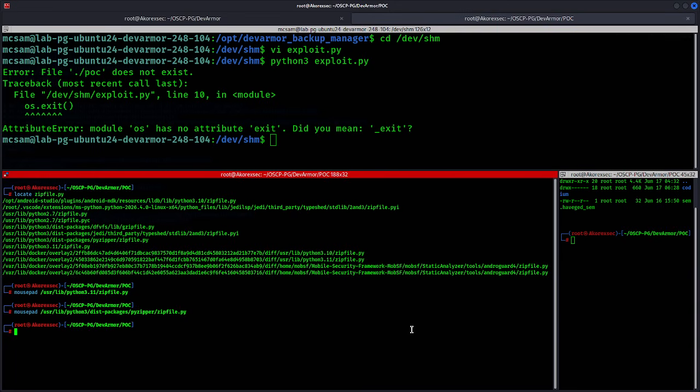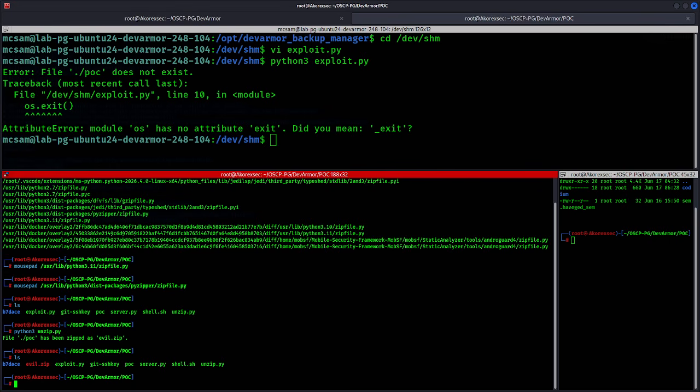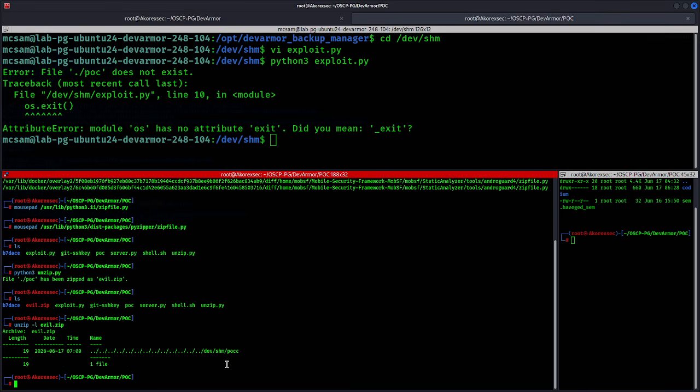Now let's go back to our file. If we run python3 unzip.py, it says that the file has been zipped. If we do ls, we see the file. If we do unzip -l on this,